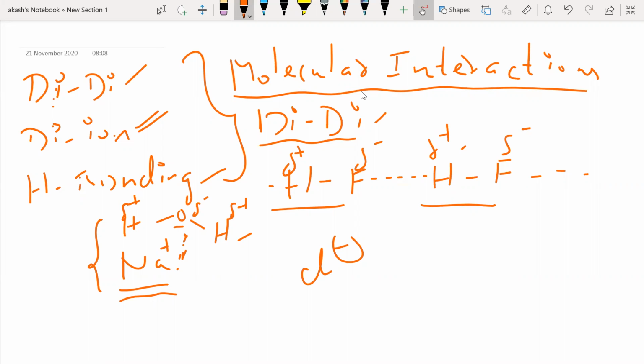Actually, under this you have van der Waals force also. We'll speak about it, no problem. So other than the normal van der Waals force, if you have these kinds of interactions, that is going to help the molecule get dissolved in a much stronger manner. It's highly dissolved. That's all I can say.